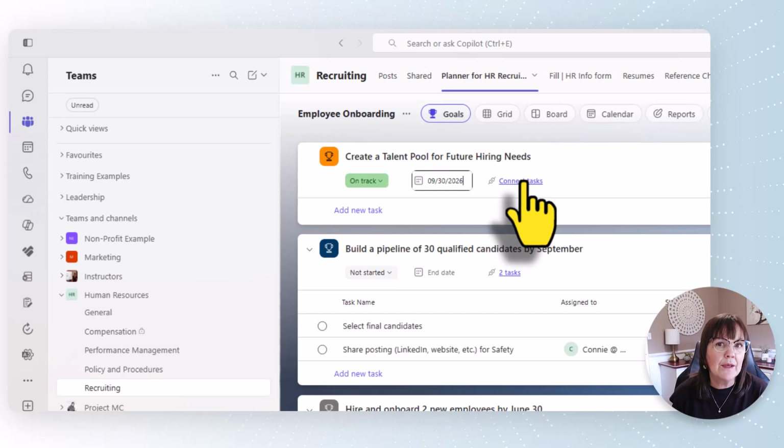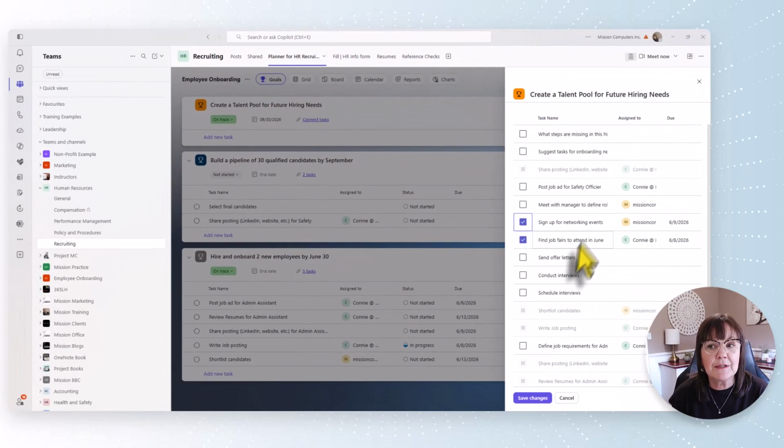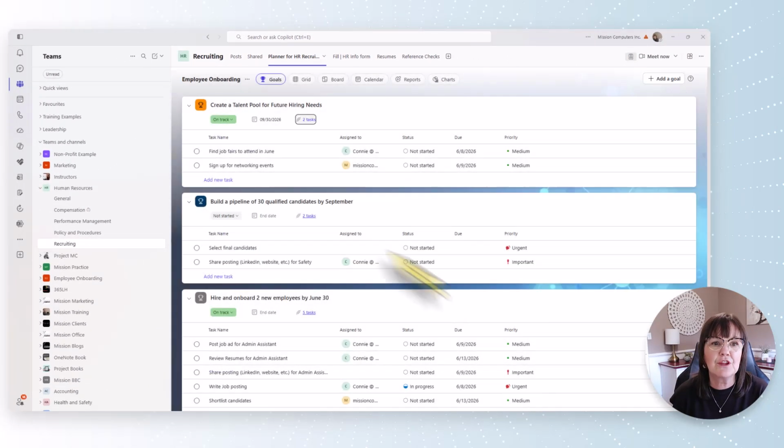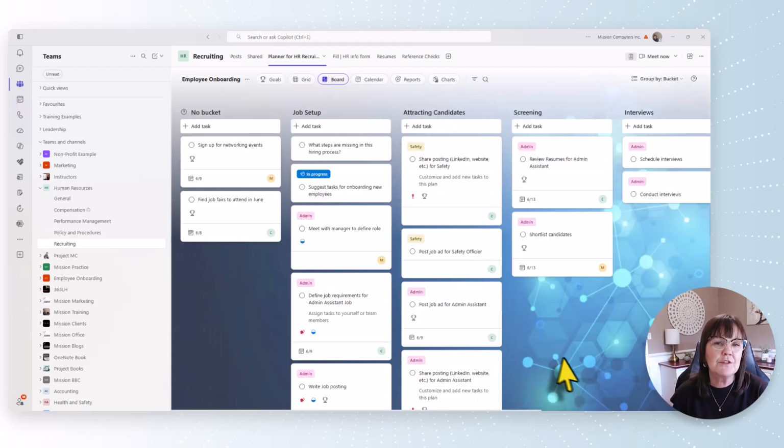And now I'm going to go and connect the tasks. So I have a couple of tasks selected here, save those changes. And you see I have a couple here as well. So you can see that from the goals area, I can add a task right here, or within the tasks themselves, I can connect the goal. So let's go to the tasks so you can see where this is sitting. So I've gone to the board so I can see what the tasks are. And you'll see that there's this little goal icon, that little trophy showing on my tasks that are already connected